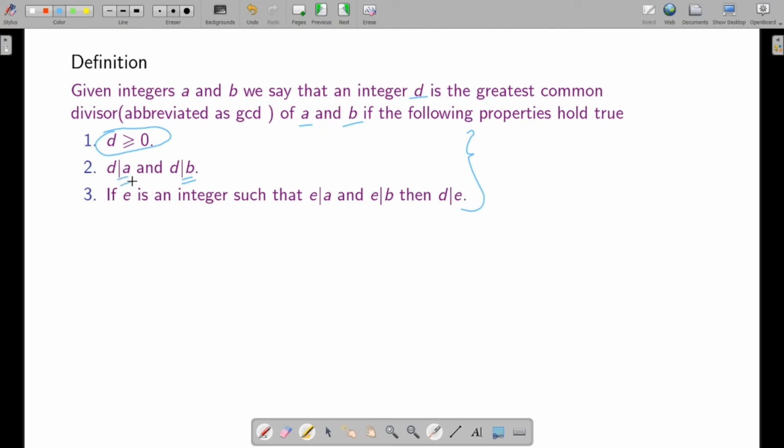d divides both of the integers, and given any other integer e which is a common divisor of a and b, d divides e. This is the definition used. There is another definition also used, that is, d is greater than or equal to 0, that has a small problem when d is 0 though. So let's not look at that and go to it as we come. You might have seen another definition which is equivalent to this. Let's keep that aside for now. So this is the greatest common divisor.